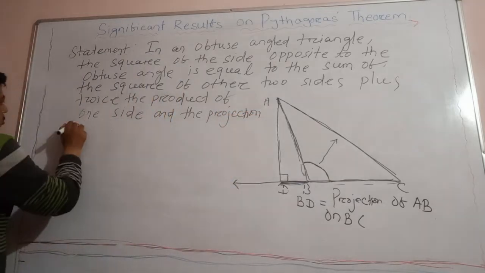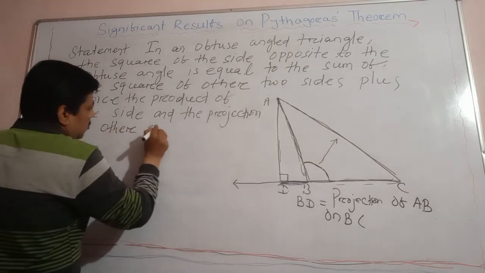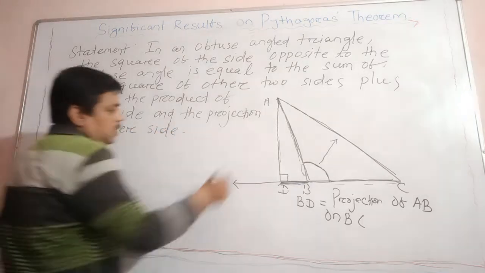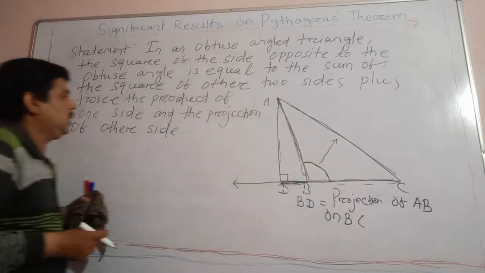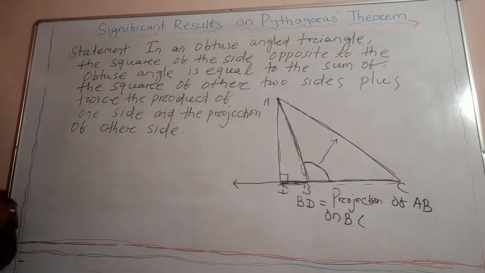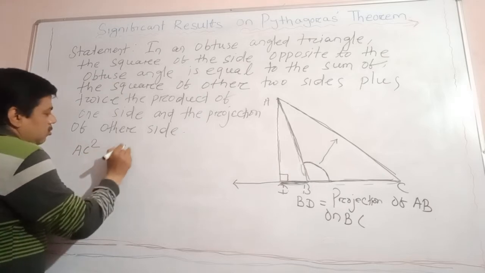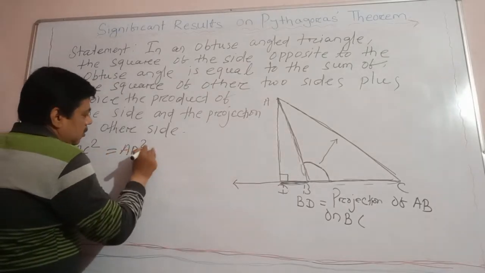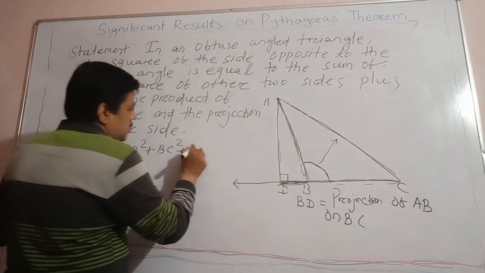Projection of other side. What is the other side? AB. What is the projection? BD on the side BC. Okay. Understand? It means we have to prove AC square is equal to AB square plus BC square plus twice